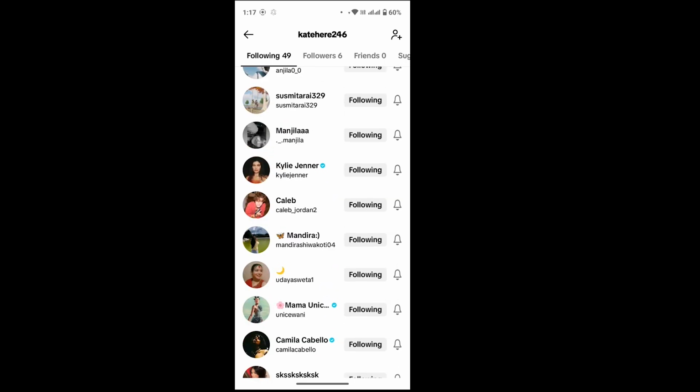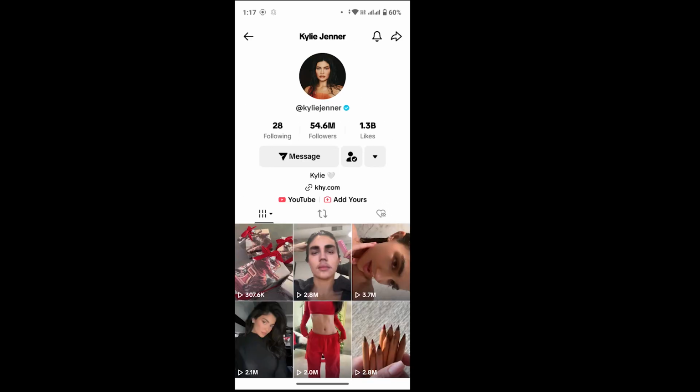And now suppose I want to see the IP address of this account right here. TikTok doesn't allow us to view the IP address of another user due to some privacy, since TikTok is built with high privacy, so this doesn't allow us to see the IP address. But what you can do is you can have access to any links that they have shared on their profile, their Instagram, maybe their YouTube or any other links,